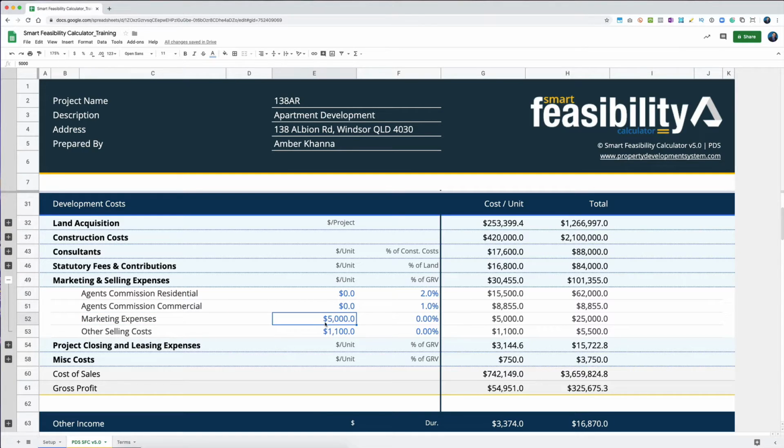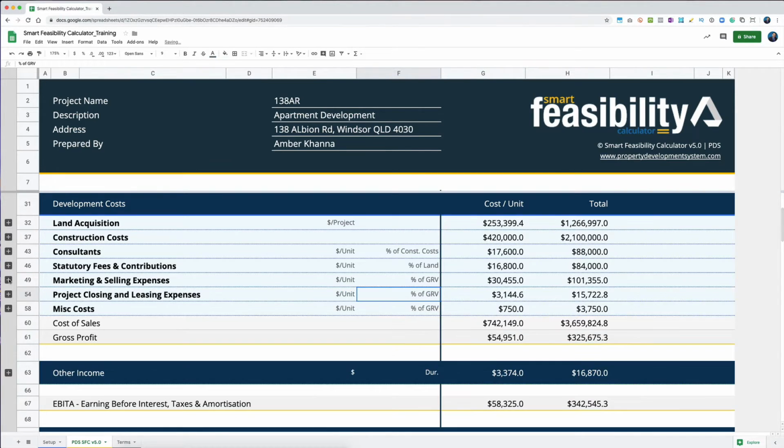So you can break it down into these two and say, look, I'm going to allow another $5,000 per unit, because I'll be doing advertising on Facebook, for example, or I'll be doing a mail drop to all the houses in this area and so on. So you can break these things down into two different categories, and you can again use that as a percentage, or you can use it as a fixed number. We'll leave that as a fixed number for the time being,